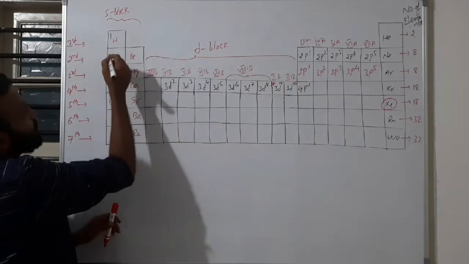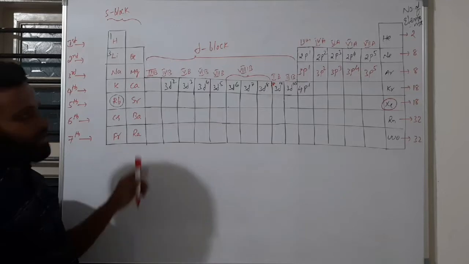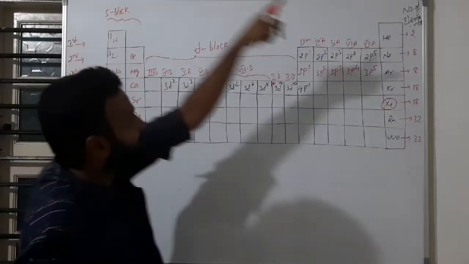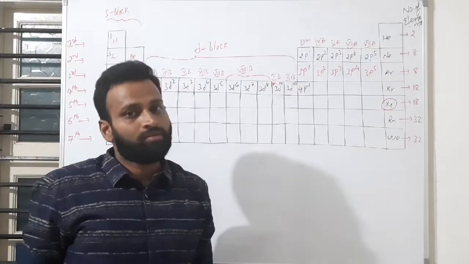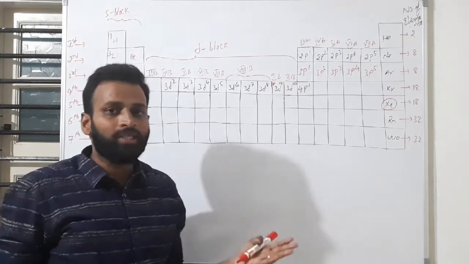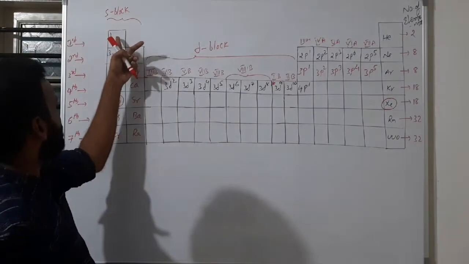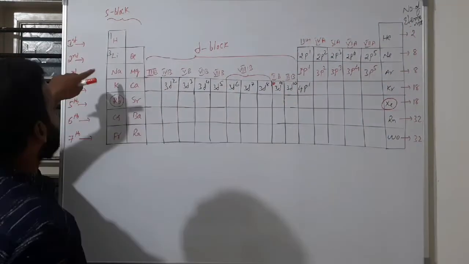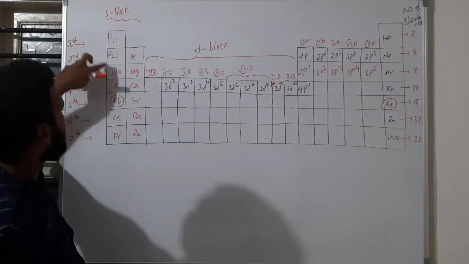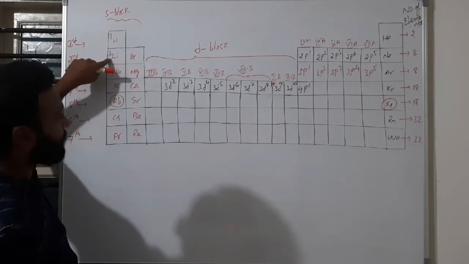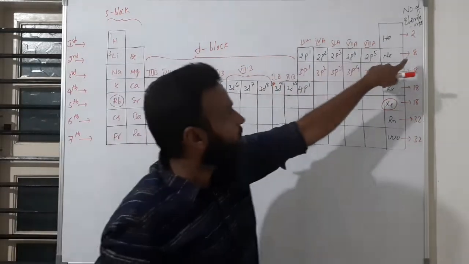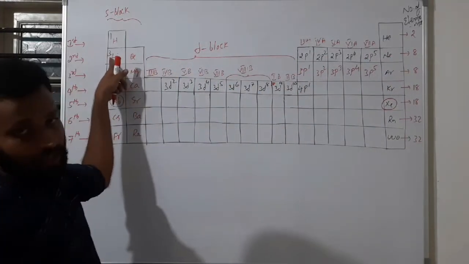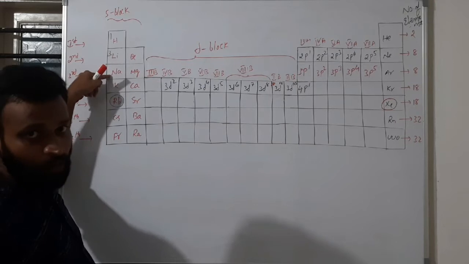Here hydrogen is 1. So lithium, how much? 3, because hydrogen is 1. In the first period we have 2 elements. So 1 plus 2, total is 3 of course. Third element, that is. Because the atomic number of hydrogen is 1, and in the first period you have 2 elements, so 1 plus 2 is 3. Now I want the atomic number of sodium. So here, the same, here you have 3, and in the second period, how many elements do you have? 8 elements. So you have to consider this 3, because for the next element you are giving the atomic number, no?